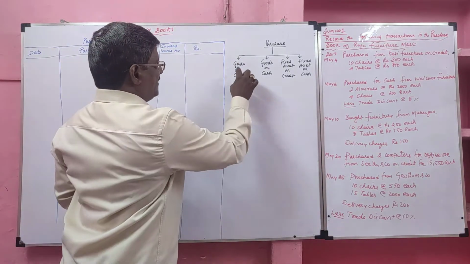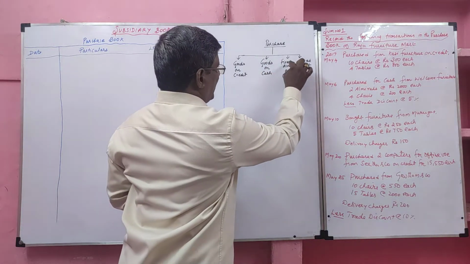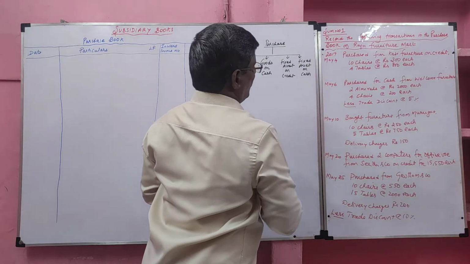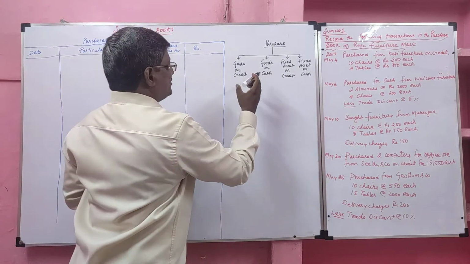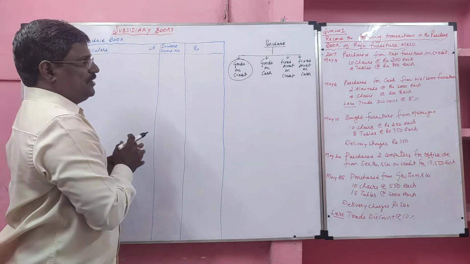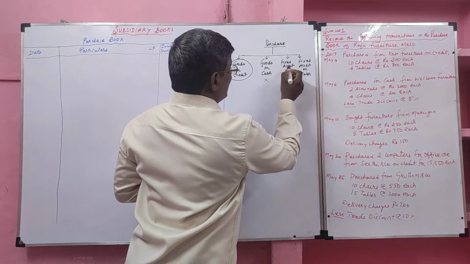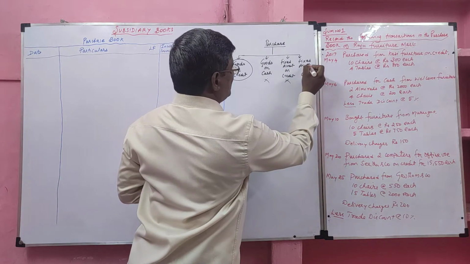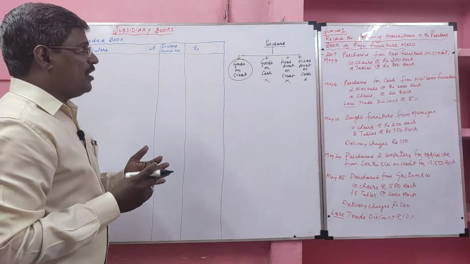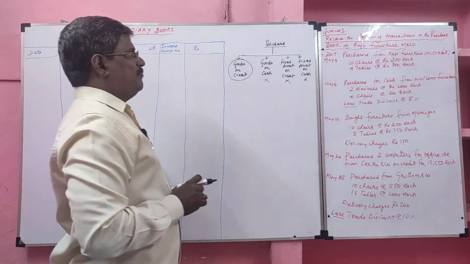So a business buys goods on credit term, goods on cash term, fixed asset on credit term and fixed asset on cash term, of which only the goods on credit terms are recorded in the purchase book. Goods on cash basis will not be recorded in the purchase book. Fixed asset purchased on credit and fixed asset purchased on cash term will not be recorded in the purchase book. So only goods bought for resale purpose on credit terms are recorded. Now let me see the problem.